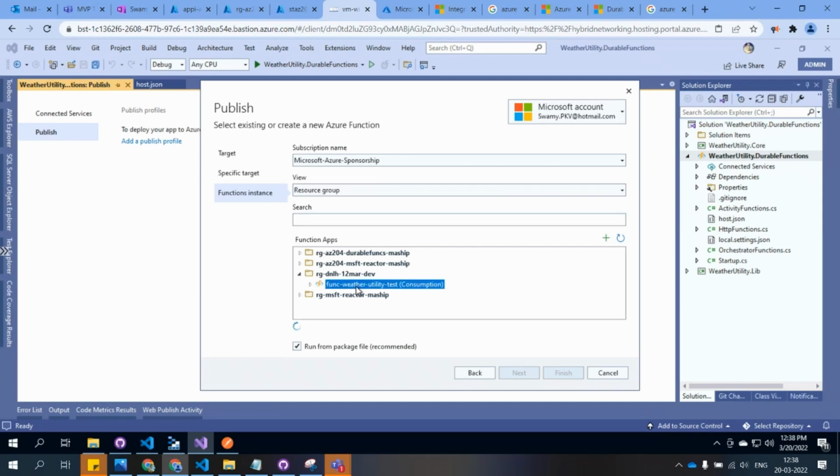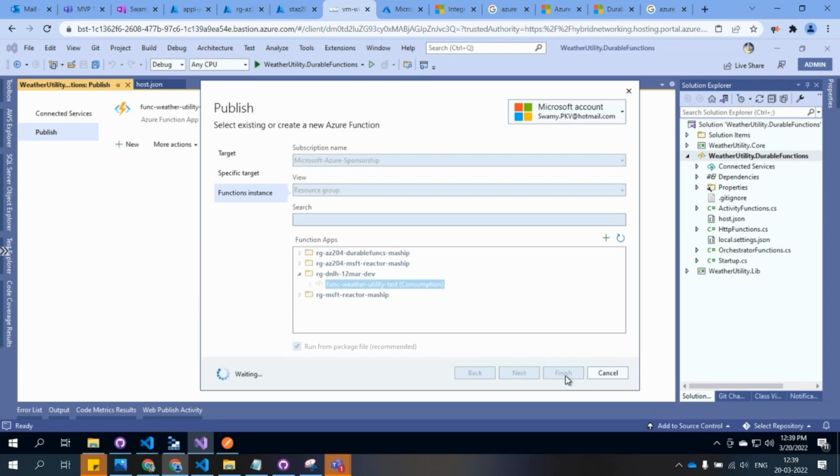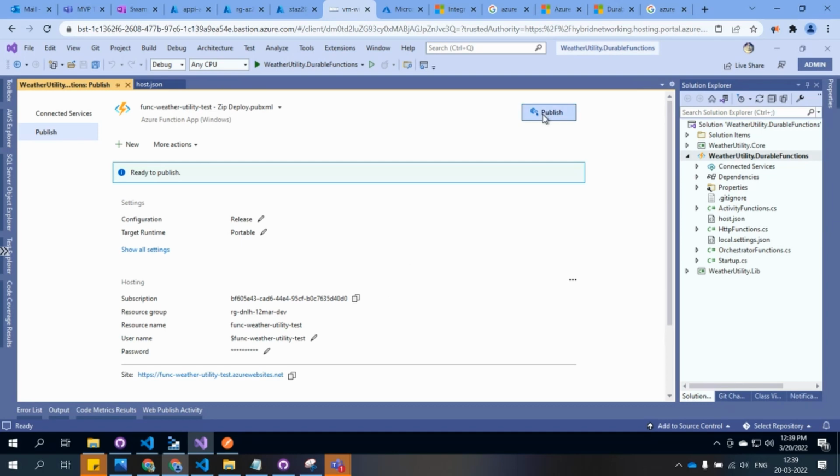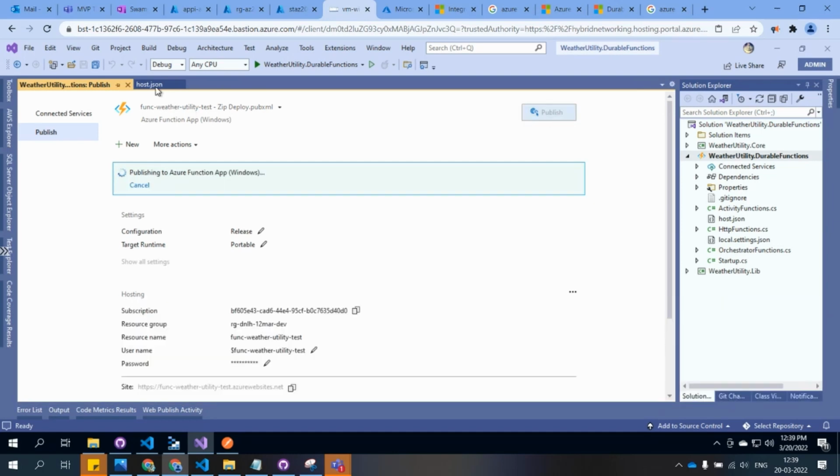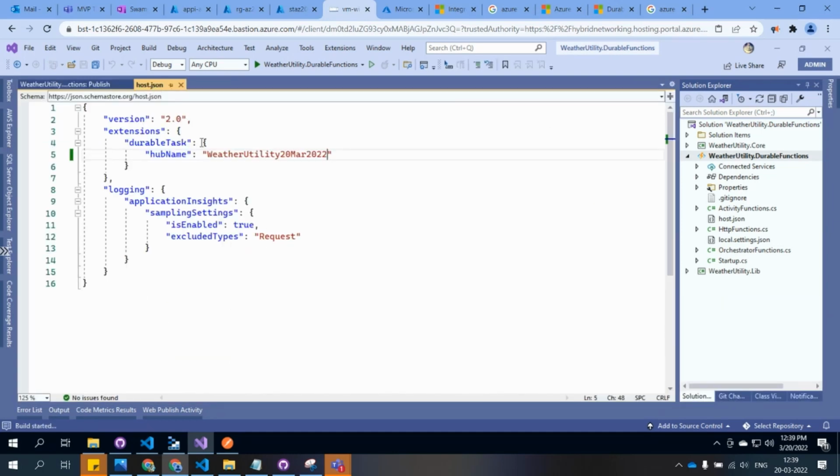Let me go and do another push into that. This is the fully baked in function. Okay, so let's push this. Let's publish this one. Okay, while it is publishing, we spoke about this point, like whatever the task hub